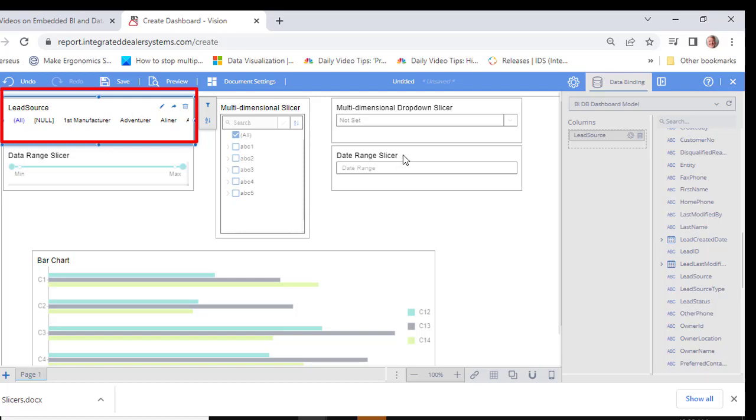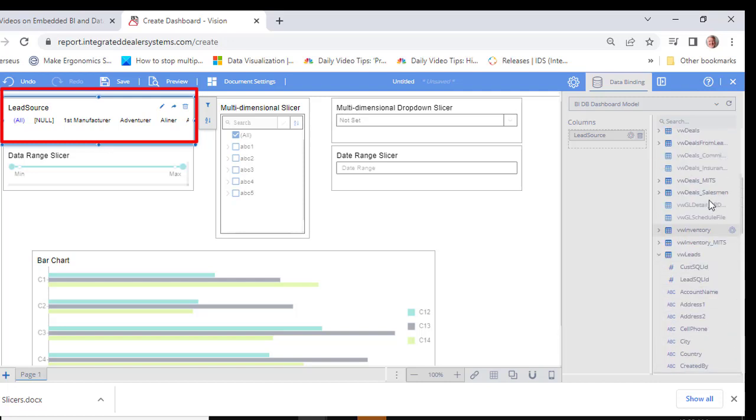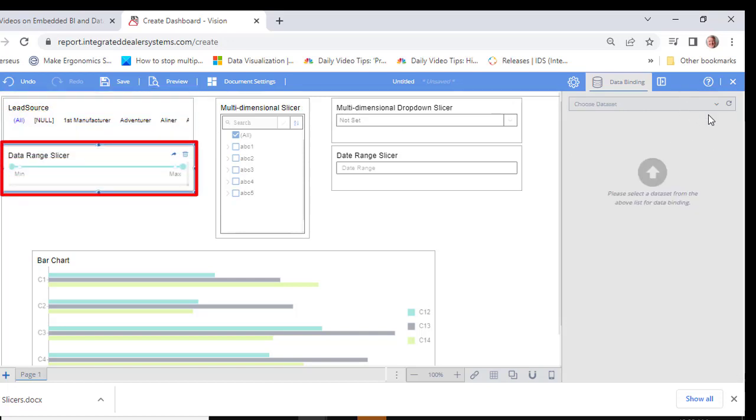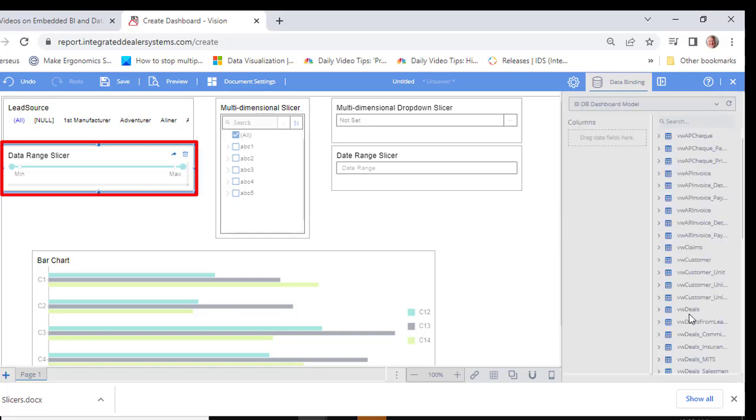And now for the data range slicer, let's actually use profit that we get from these leads. So deals from leads, unit profit. Oops, I messed up there. Select the slicer first, then select the field. So deals from leads and unit profit. Okay, so for the multi-dimension,